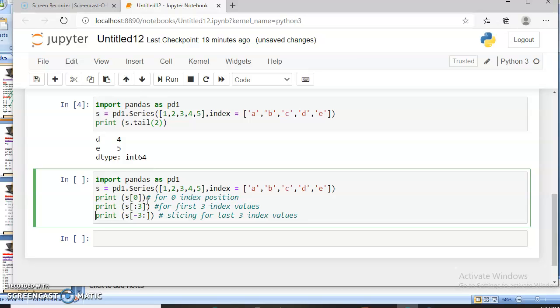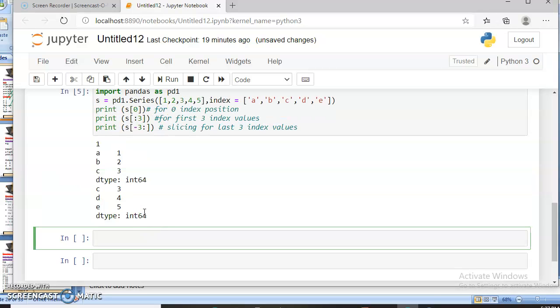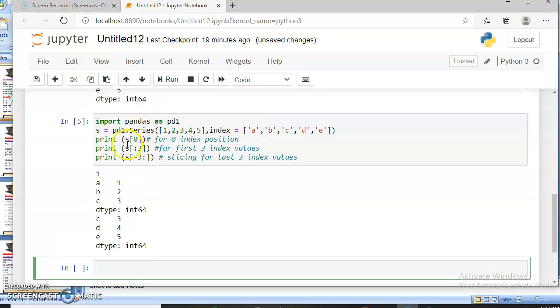Okay, and now I am implementing the program. Now you can check the output here, students. Print S of 0. S of 0 means the S series 0th element, here 1. So the output is showing 1 to us, because the 0th element of my S series is 1. I want to access the S series 0th element, so it is showing 1.